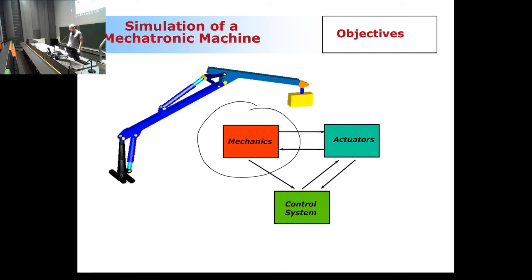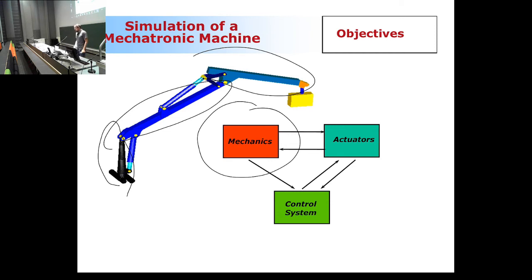Mechanical components, if you look at, for example, a hydraulically driven crane, shown here is a pillar, a lift arm, a swing arm, and that's, let me see. Yeah, so streaming is still all right. Good. Okay, so those are the mechanical components, and these are typically made out of steel structures or aluminum or whatever material.